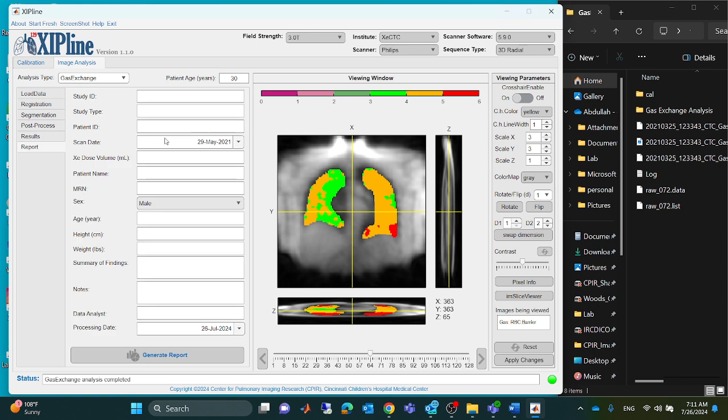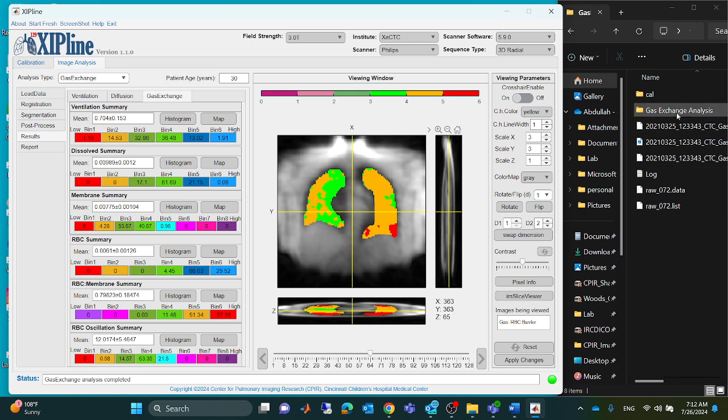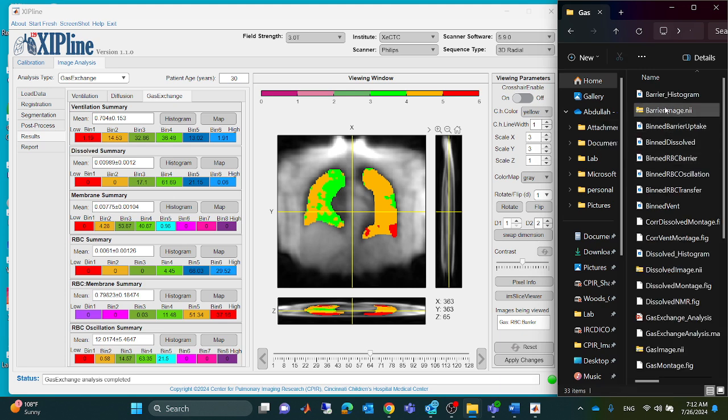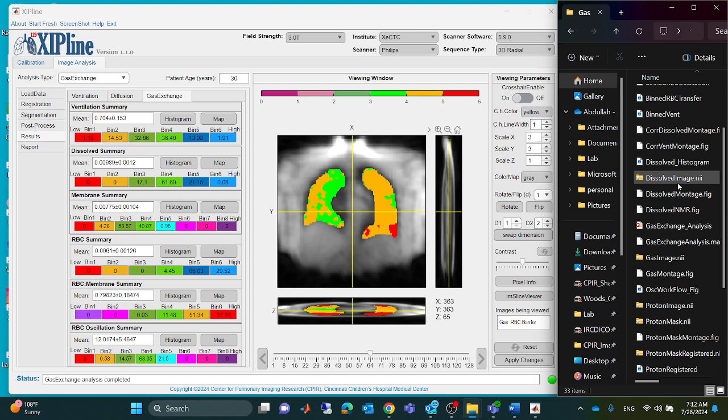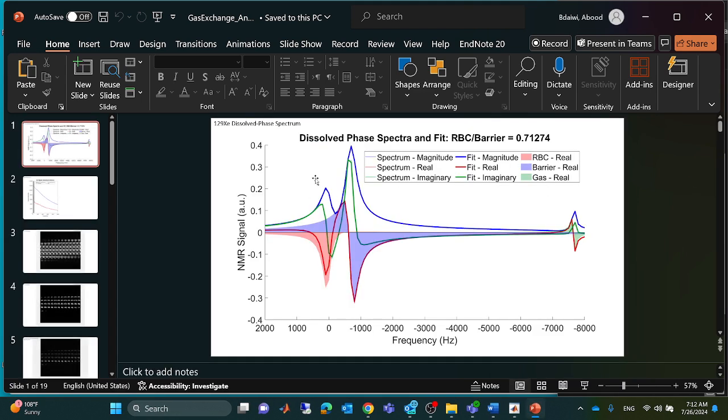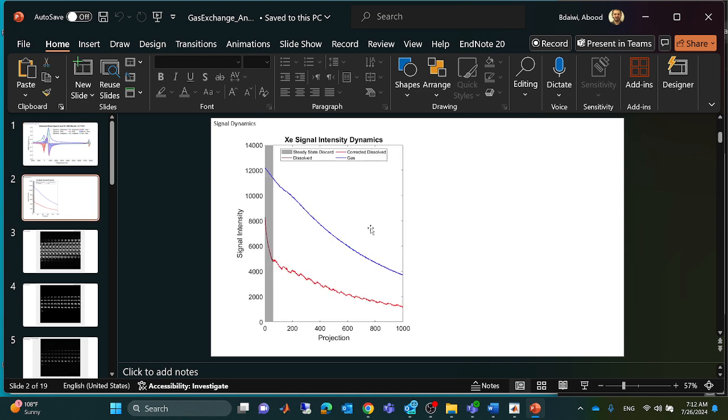And of course you can also create a report, just like we showed in the ventilation video. And the last thing is, you can see here there is a folder for the analysis. And inside the folder, there are all the results saved as NIFTI files, MAT files, and TIFF files. And there's the PowerPoint file that shows the summary of the results. Here's just the dissolve phase spectra of it. Here is the xenon signal intensity dynamic. We can assess the quality of the breath hold,